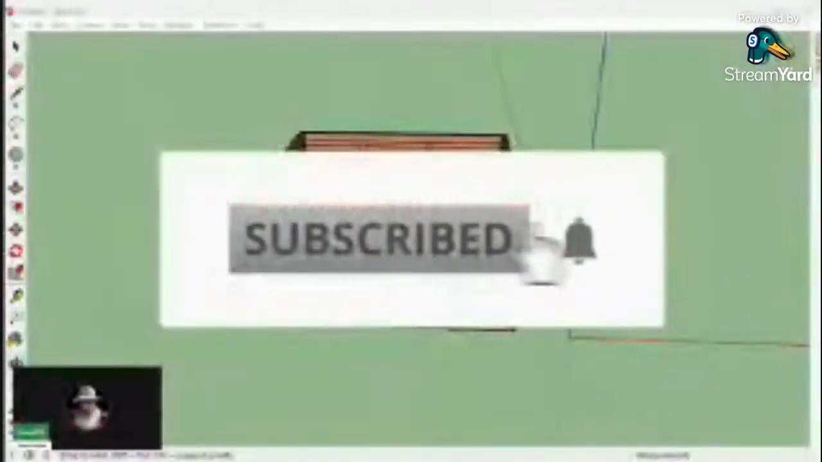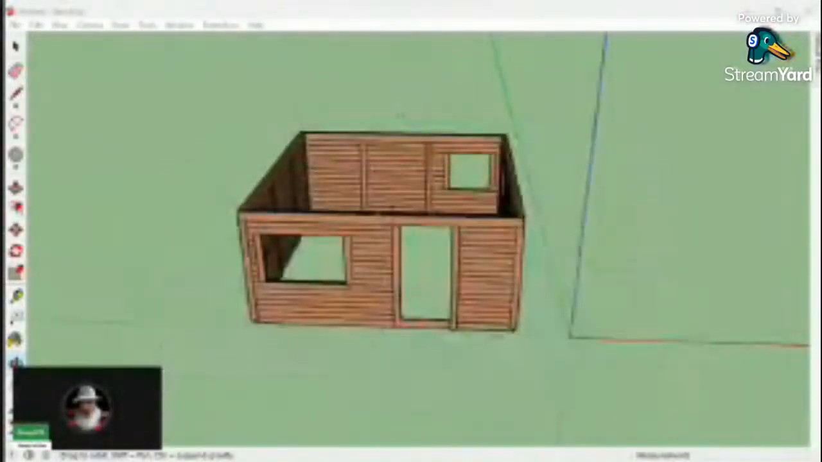Today we're going to be putting the roof on, showing you my mistakes on my drawing